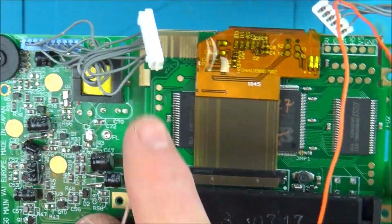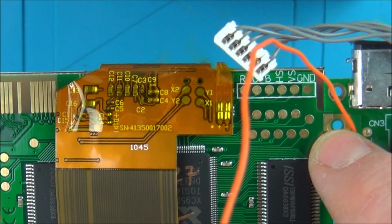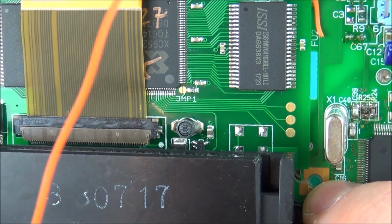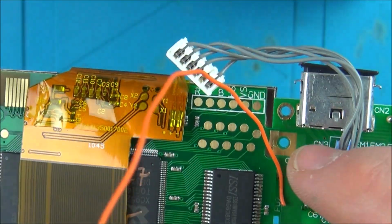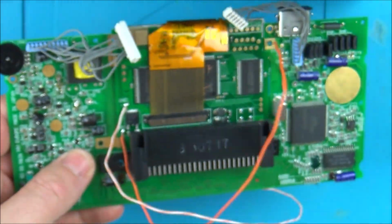Okay, so I've lined it up with what I think it is, but it's a bit confusing because there's a tiny little cutout here which makes you think that needs to go further over towards the hole. But if I do that, this one here hasn't been cut out, it's cut out at the top. And you can see that that hole does not line up with that hole, but yet this hole does line up with that one. So maybe the different revisions of boards have slightly different